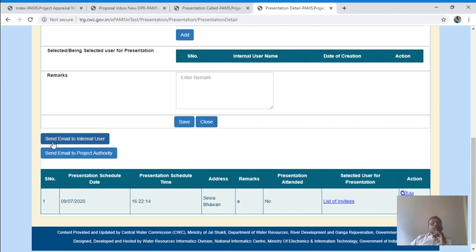Here it is clear: send email to internal user, send email to project authority. Here you can click on it and it will send the email alerts to internal users as well as to external users. It automatically generates alerts, but you can send them manually also.